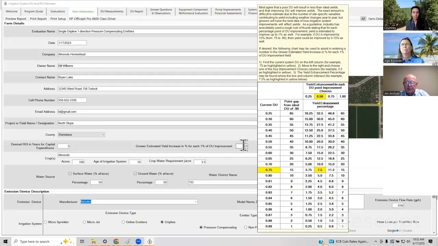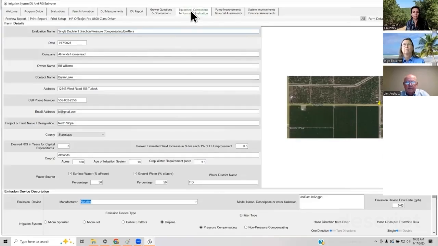Now, this is not something which is calculatable. Again, the irrigation industry has a 1-to-1 as they use it as a rule of thumb. But this is a grower's input. No, I don't think I'll get 1% improvement. I think I'll get half, or I'll get 25%, or I'll get 75%. That's a grower input. I go back here to